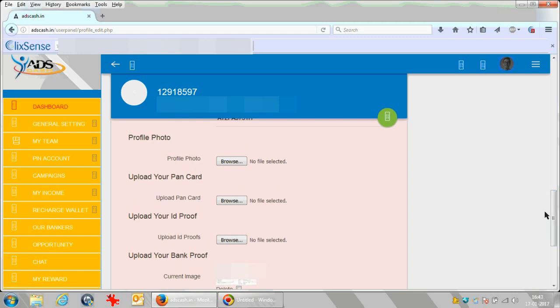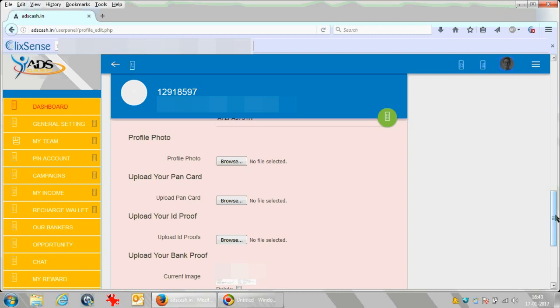Once you click on submit, all the necessary details would be updated, and when you come back here, it might show you a screen like this, giving you a browse button so that you can upload again. So don't be afraid that your profile is not updated. It is actually updated at your backend.